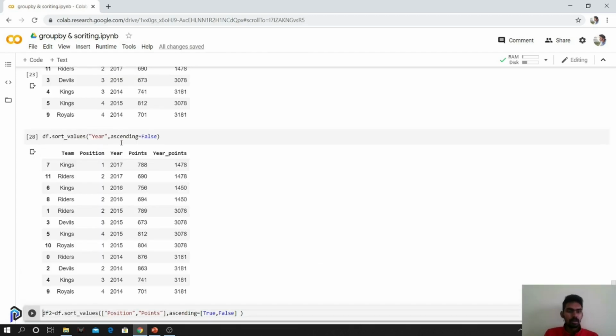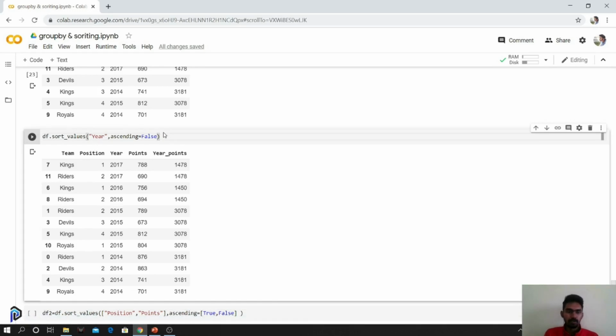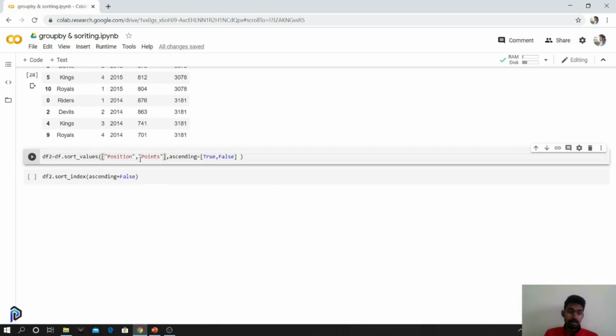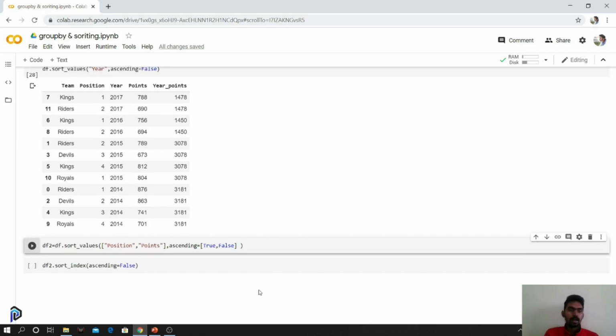I'm sorting the years with ascending equal to false. So it's giving the reverse order. You can also sort using many columns, and you can set ascending or descending for each and every column that you're sorting. First I'm trying to sort using the position. If the position is similar, I'm choosing the points. The position should be in ascending order, but the points should be in descending order, so I'm passing that parameter also.